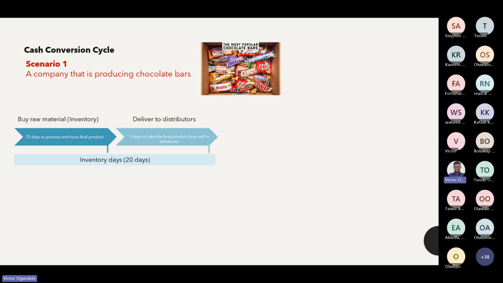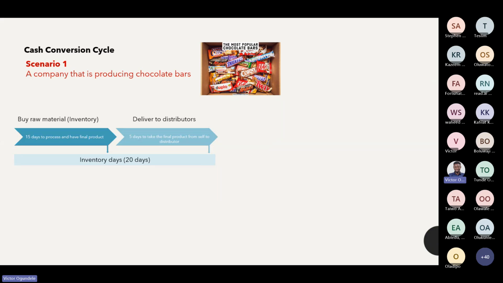Now, let's assume the distributor is also maintaining good cash management. You know what the distributor will tell us? The distributor will also tell us that, hey, based on our own company policy, give us your product and we will also pay you in so number of days. Now, you can see that the story is now becoming funnily long, right? Because they're also trying to manage their own cash. For example, most of those products you see on the supermarkets' shelves,